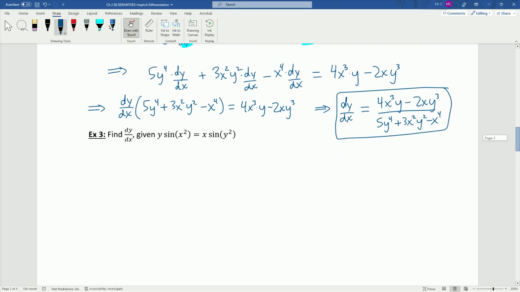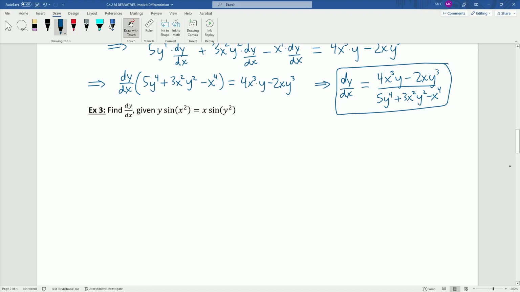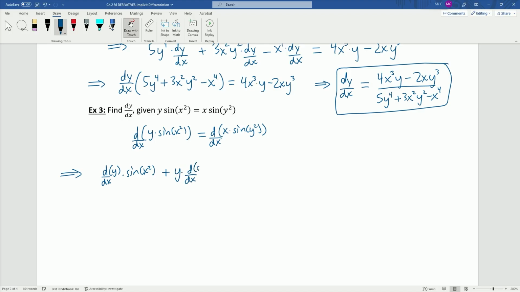All right, so let's go ahead and move on to example 3 here. So same process. I'm going to take the derivative with respect to x of both sides of the equation. And I'm going to write a little bit quicker just because, hey, this is now our third example. We're kind of seeing how this all goes. So both of these are products. I need to apply the product rule. I take the derivative with respect to x of y times sine of x squared plus y times the derivative with respect to x of sine of x squared